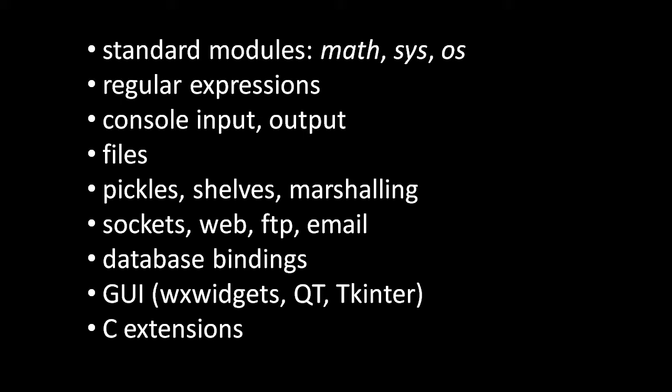And there are libraries for doing graphical user interfaces, GUIs. One popular one is called wxWidgets. There's another one called Qt, and a really ugly old one called Tkinter. And then, if you really want to get advanced, Python, or at least CPython, has a feature that allows you to create a Python module partly in C code. This is something you would do generally for efficiency reasons, because Python is not particularly good at, say, number crunching. C does that much more efficiently. So that might be something you wish to learn, how to write a C extension for Python. Though, of course, it's something you'd probably learn after learning C itself, which we'll do later.